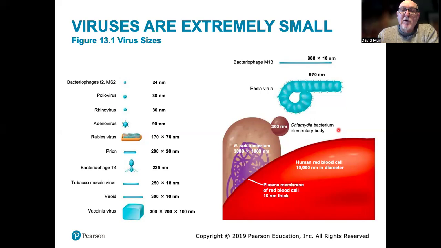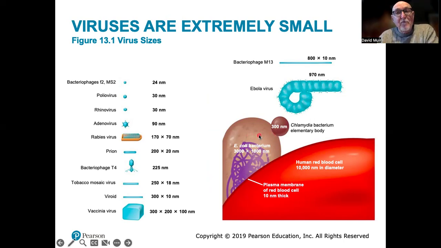And if you just have a look at this diagram here, this is a human red blood corpuscle, just for size comparison. And here is an E. coli cell. Well, you can see just part of it. And here is one of the smallest of all of the bacteria, and this is chlamydia. Chlamydia is extremely small, a tenth of the size of an E. coli cell.